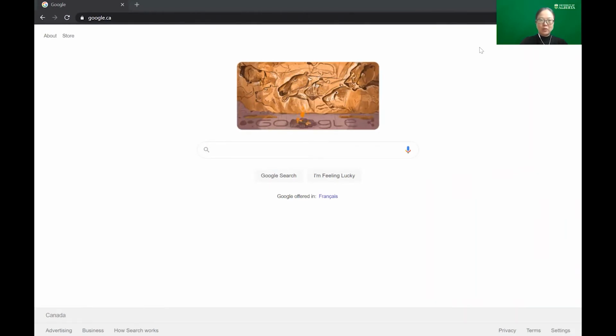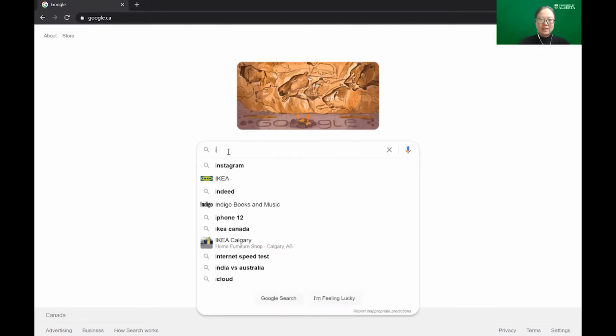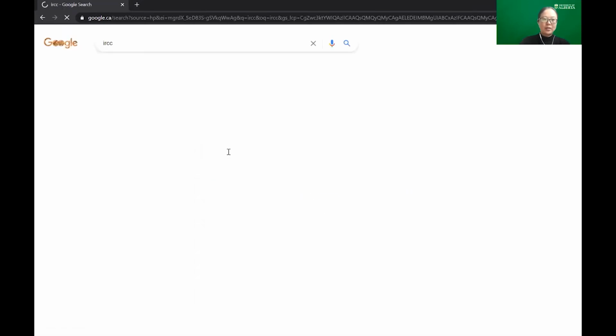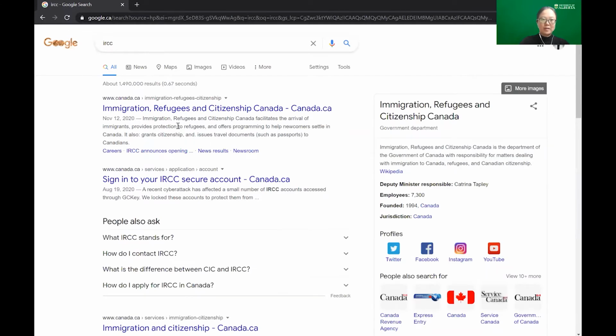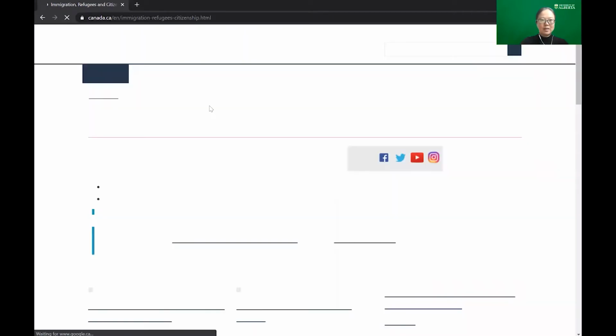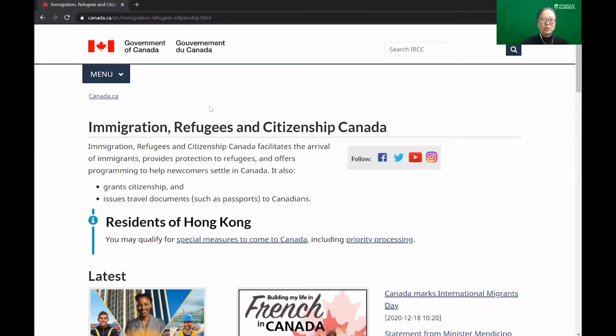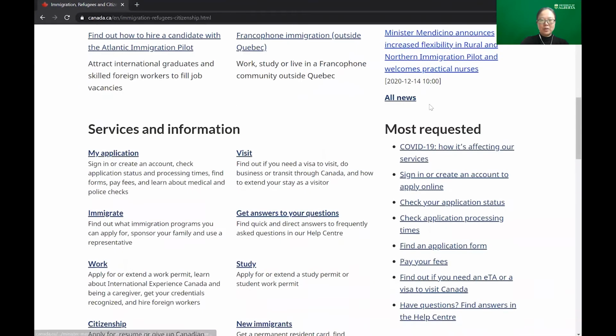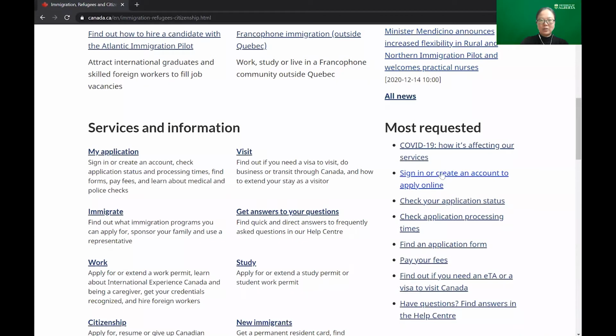Today, I'm going to walk you through how to apply for a temporary resident visa, TRV. I will start from searching IRCC, because your application will need to be done on the IRCC website online. So Immigration, Refugee, Citizenship Canada, the first one, you click it, and then it will lead you to the official website of IRCC. And if you scroll down to most requested, you will see sign in or create an account